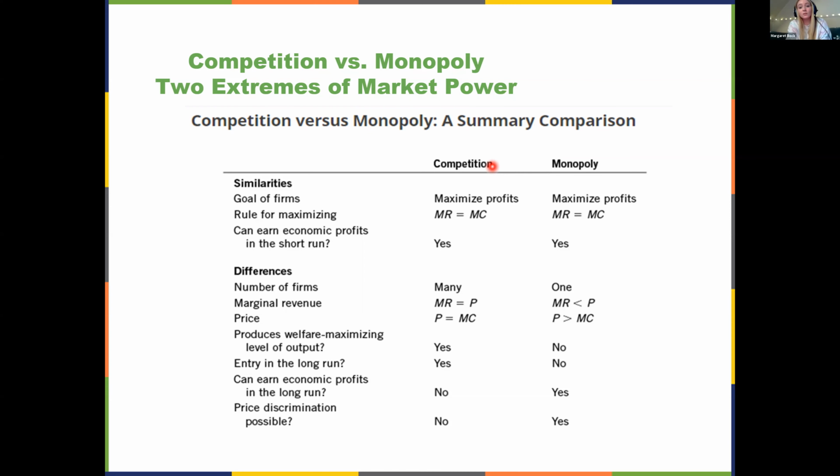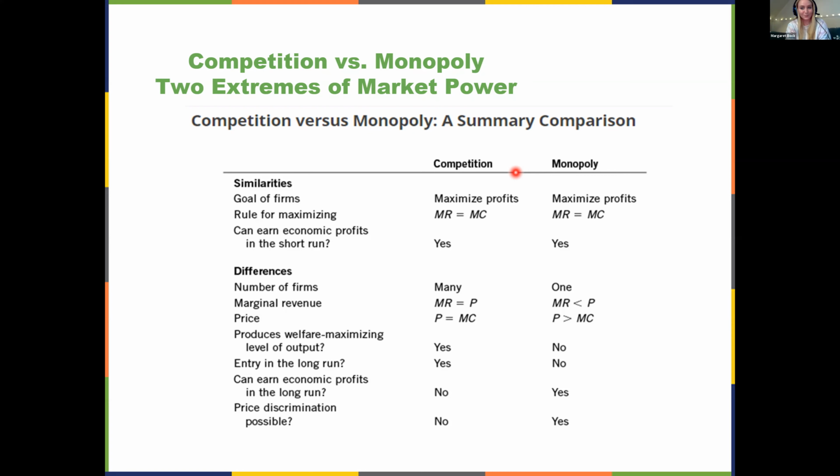So next week we're going to talk about different market structures that exist in between these two extremes. But understanding the similarities and differences between these two extremes, I think is really helpful for you guys to understand. So if you haven't had time to take notes on all of these topics yet, I would pause the video and make sure you write down your own little chart in your notes about all of the similarities and differences